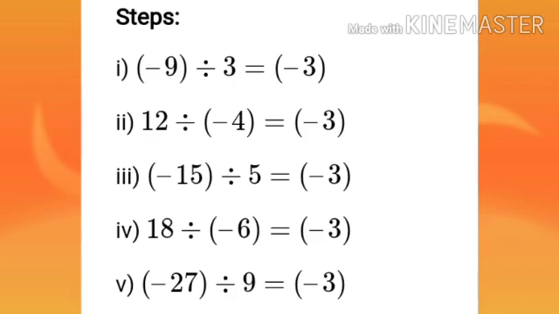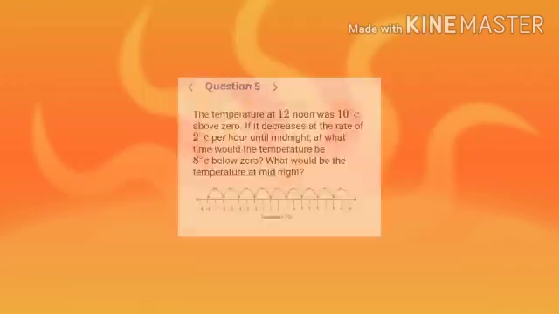If we divide 15 by 5, it is equal to 3. Minus into plus is minus. The third pair is minus 15 comma 5. Then the fourth pair is 18 comma minus 6. The solution is minus 3. How do you get 18 comma minus 6 as a pair? 18 divided by 6 is equal to 3. Plus into minus is minus. We get the solution as minus 3. Then the last pair is minus 27 comma 9. How do you get minus 27 comma 9 there? Normally we can divide 27 by 9 to get 3. Minus into plus is minus. These are the 5 pairs of integers a comma b.